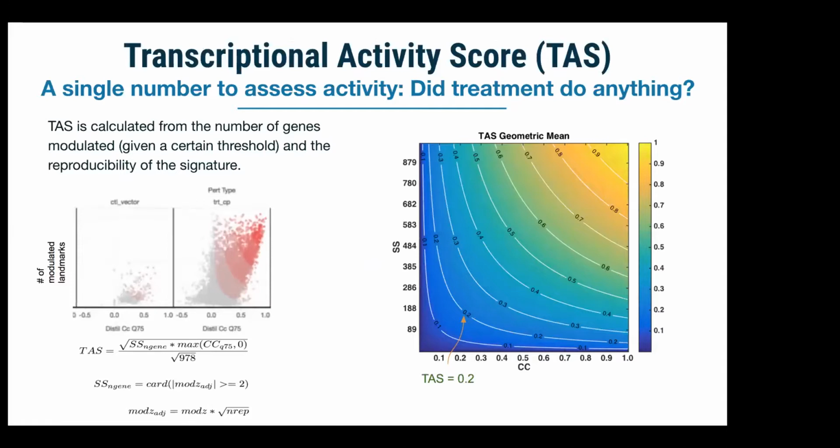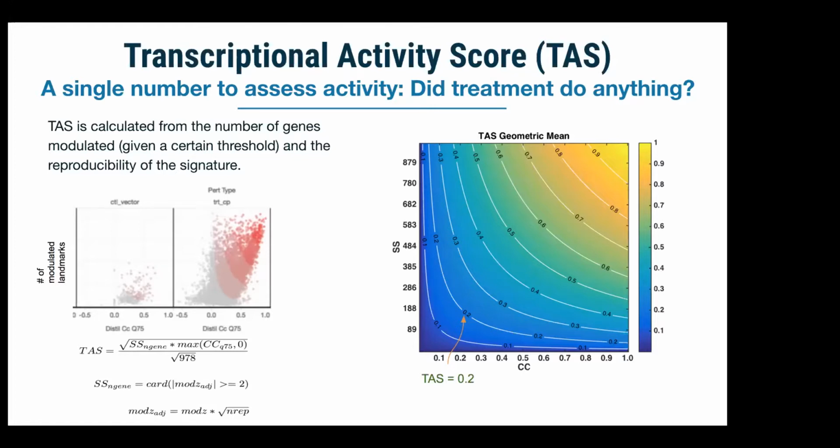One useful metric for analyzing this data is the Transcriptional Activity Score, or TAS as we call it. This is one number that tries to give us a sense for whether the treatment did anything in the cell lines. TAS is a metric that's comprised of two things. One is the strength of signature, so that's the number of genes that were significantly changed, and then the replicate correlation between the biological replicates that comprise the signature. We take a geometric mean of those two numbers and scale it so that it ranges between 0